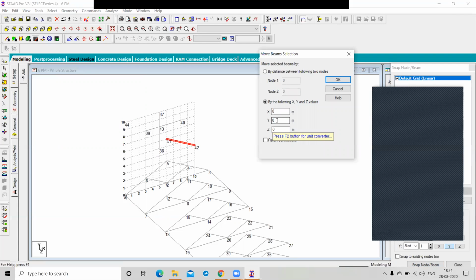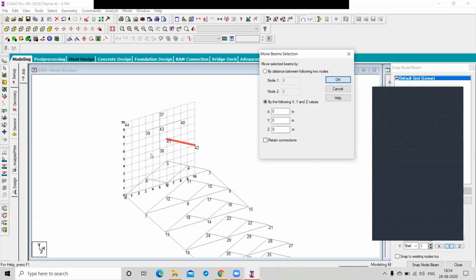The current position of this beam is 6, 6 for the node number 41 and 10, 4 for the node number 42, right?